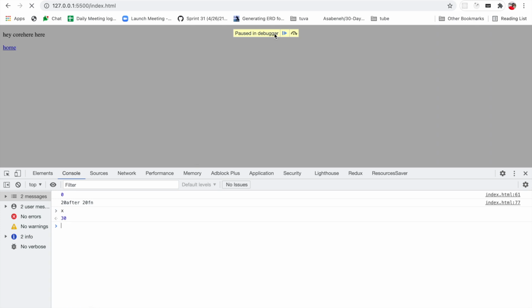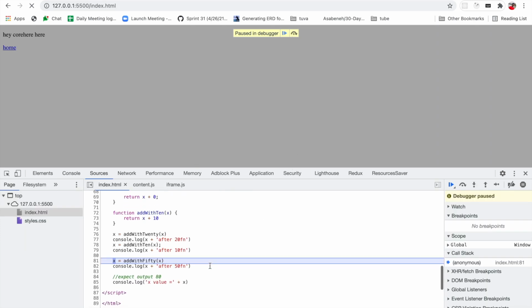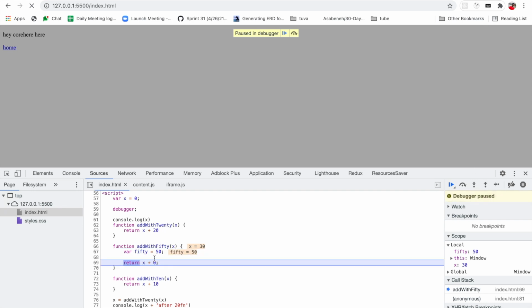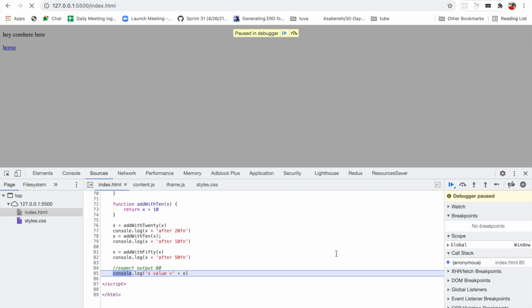See, so here if you want to go into the function, that means you want to check the debugger inside the function, you have to click the down arrow, which will allow the debugger to enter the function. Just click it. See, now we have gone into the function. You can check the 50. Yeah, this is what caused the issue because we are not using 50 here. Like this, we can improve our debugging knowledge.